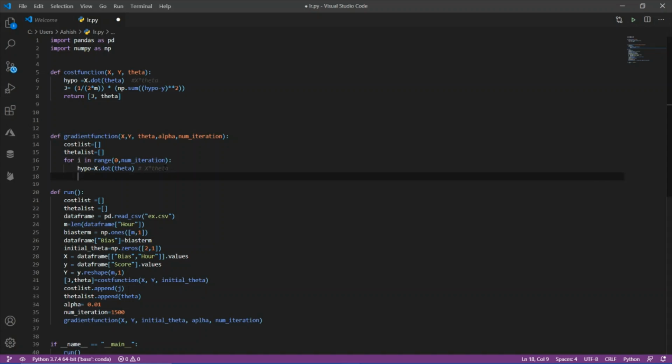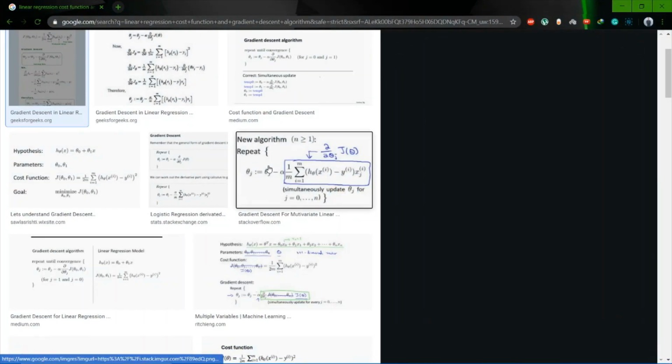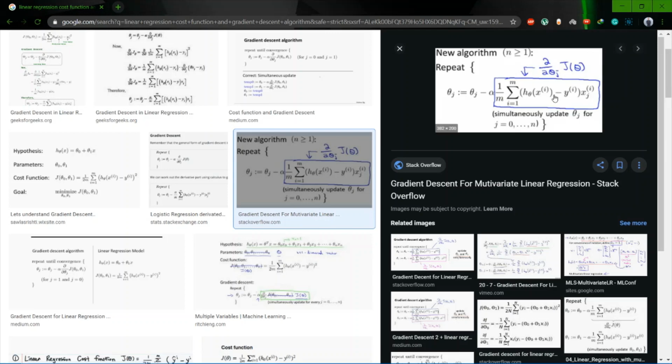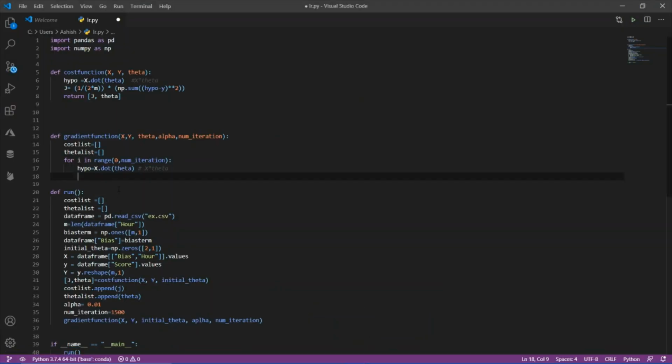And in the formula, as you can see over here, you have hypothesis minus actual value. So I'm going to represent this hypothesis minus actual value as an error. Let's define our error. Error equals my hypothesis minus actual value, that is y.